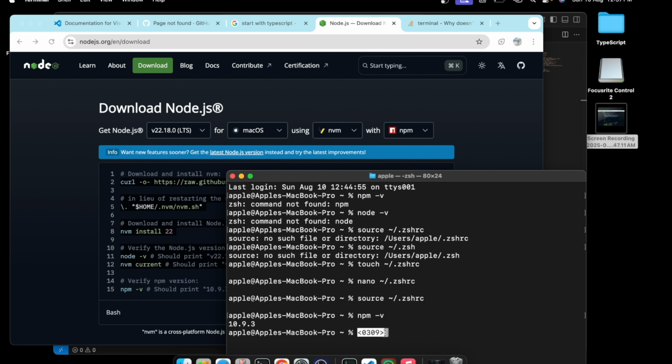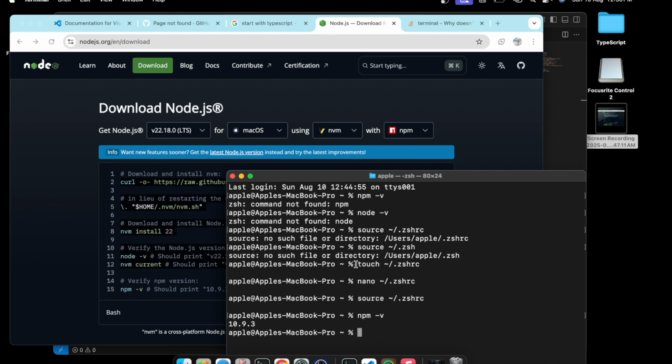So what I did, since this command was not found, I noticed that here we have to create this .zshrc file, and by default this is not there, it is not created. So you have to create this file.